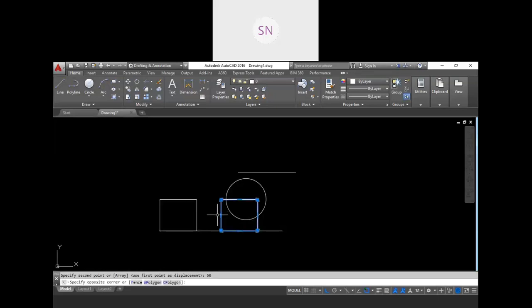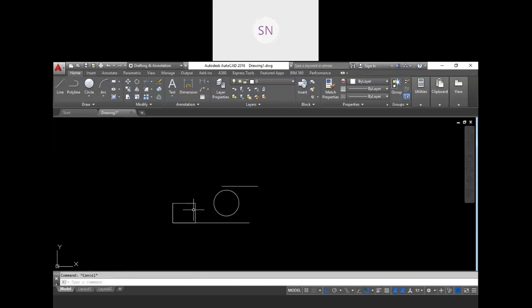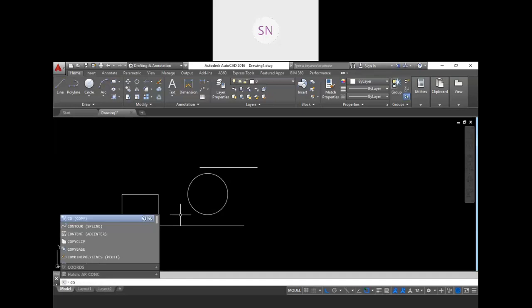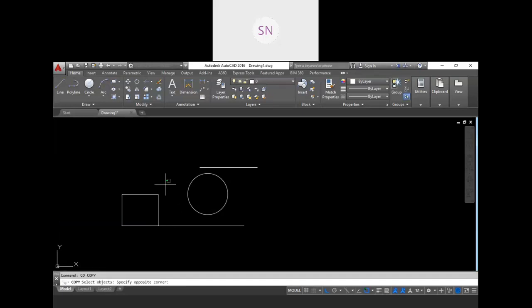But if you want multiple copies of that object, then we have some other options also. So CO for the copy, enter, select your object, enter, then go to the mode. In the mode we have two options, that is single and multiple.